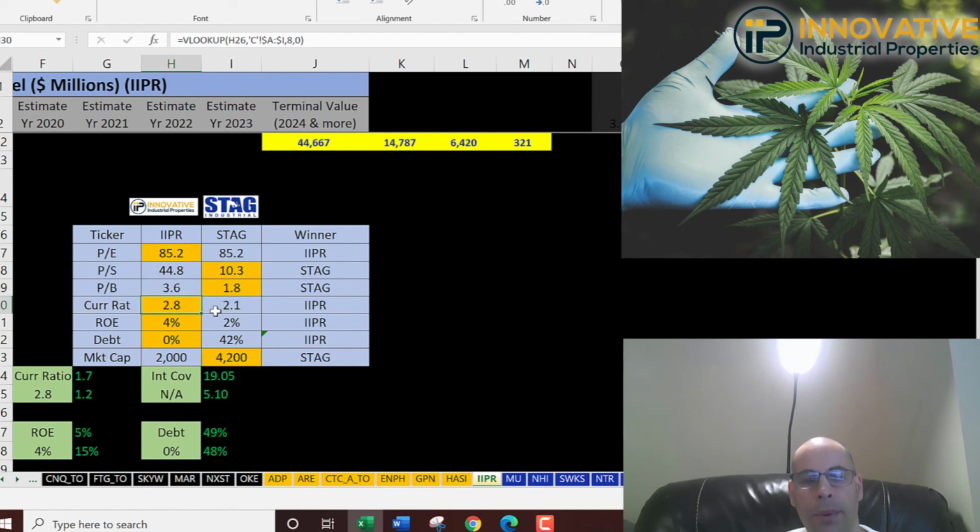Current ratio, they're both doing okay. They both have really low ROEs. IIPR obviously is doing better in debt because they're 0%. And Stag is a little bigger of a company at $4